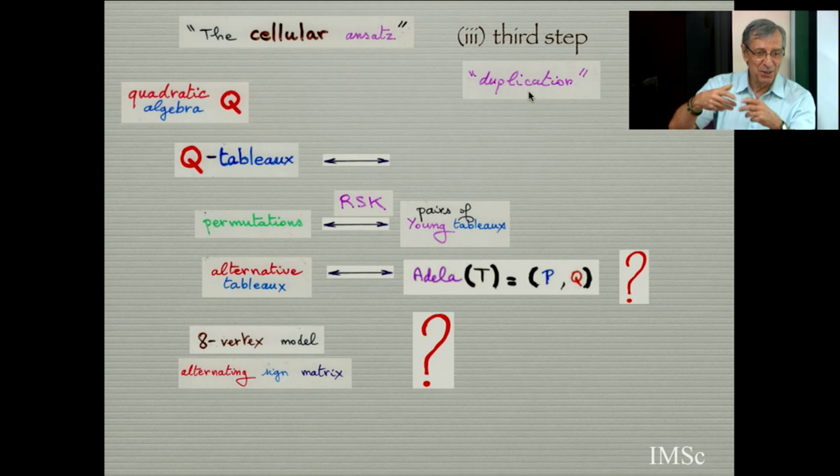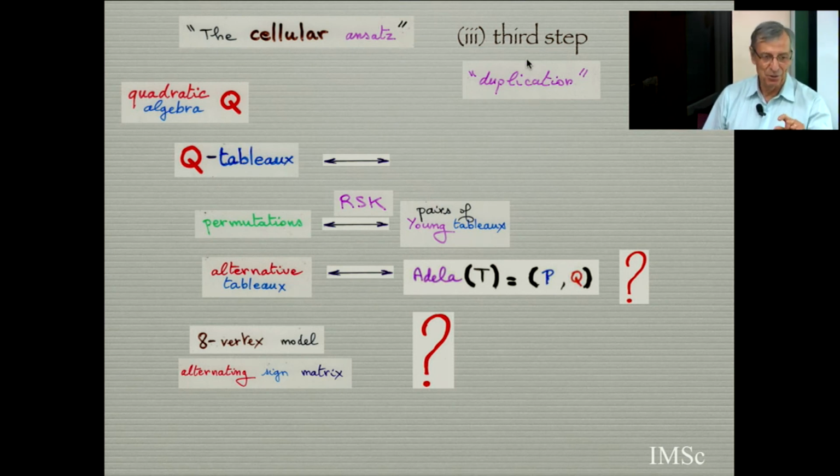And then you try to encode the process by multiplication of the equation. So for your quadratic algebra, each equation is going to be duplicated many, many times with an index appearing in the operator. And when I do that, I get immediately RSK. And you will see this is the most simple way to define RSK: start from the UD equals DU plus the algebra, duplicate the equation, and you get RSK. You duplicate them in another way, you get the bijection between inversion table and permutation. So this is another way to define RSK.